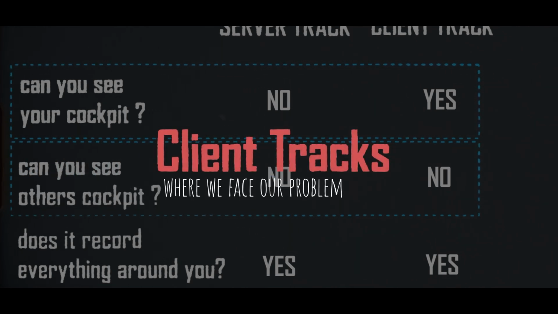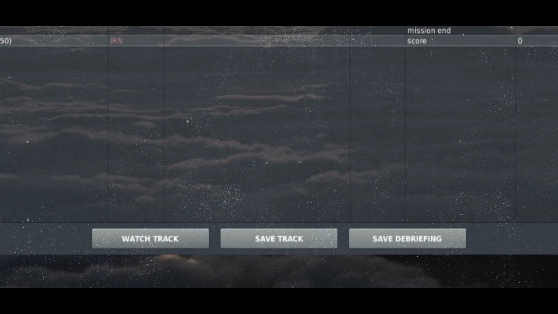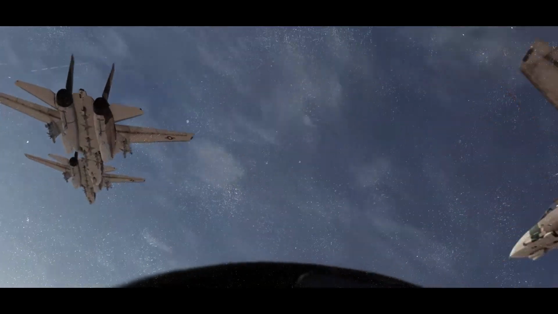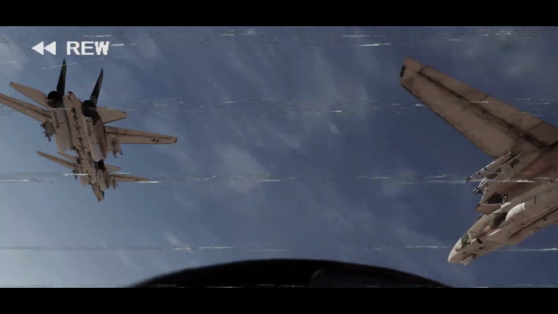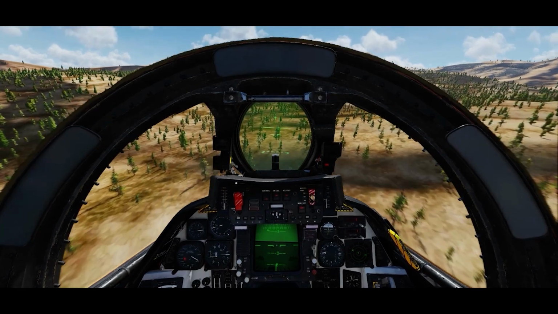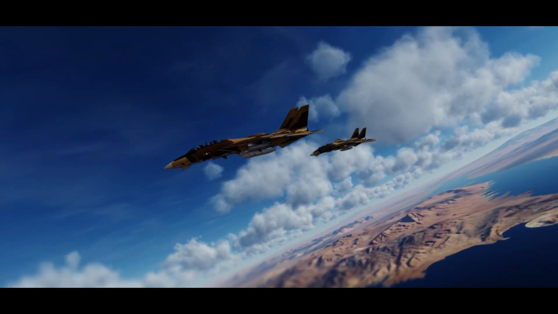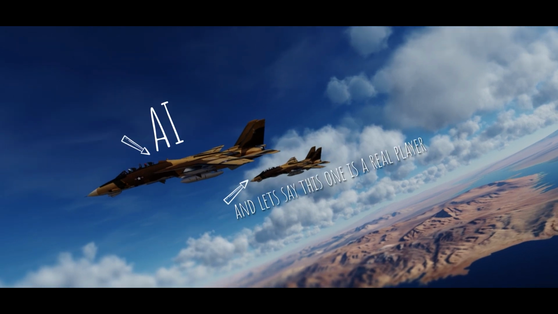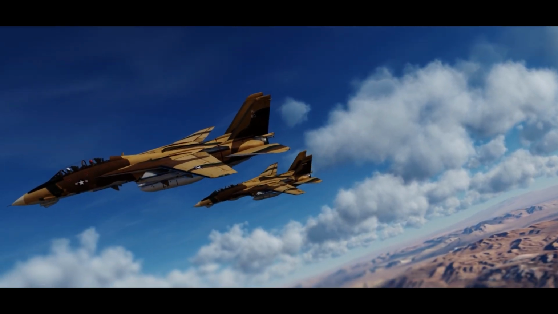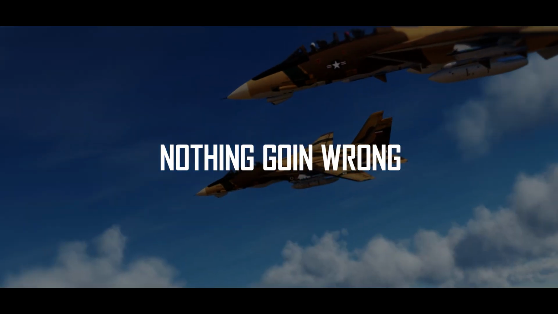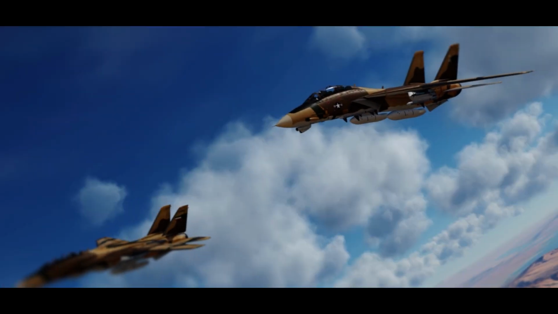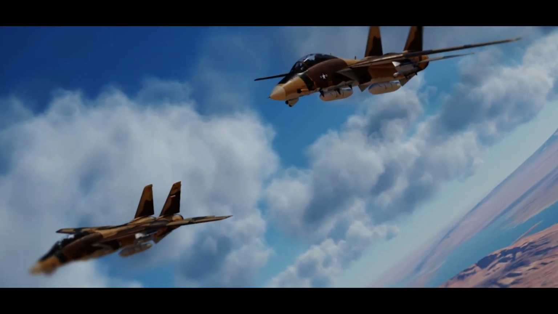For example, if you replay a track of you flying a 14, you can find yourself doing absolutely something else after a couple of seconds and probably ending up crashing right into the ground. But if you look at the other planes around you, no matter if they are AIs or real players, you will notice there is not even a thing going wrong with them. But let's stop the break now and get into the next part.